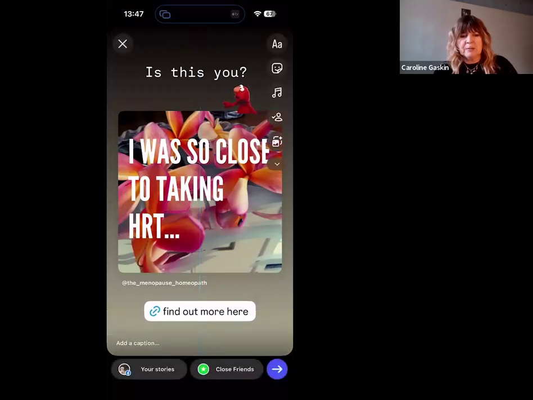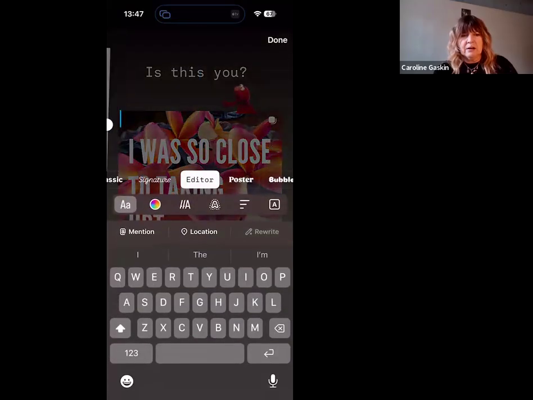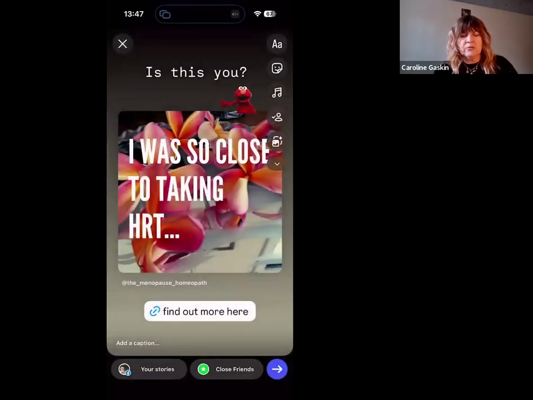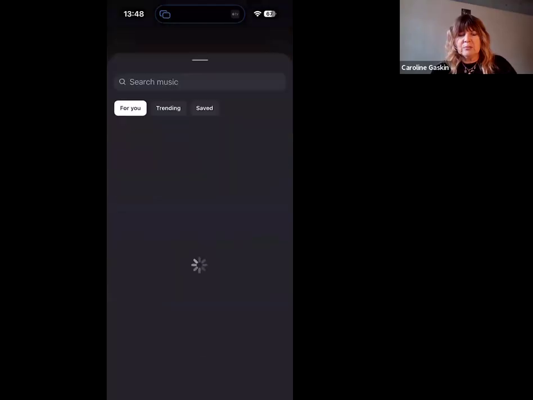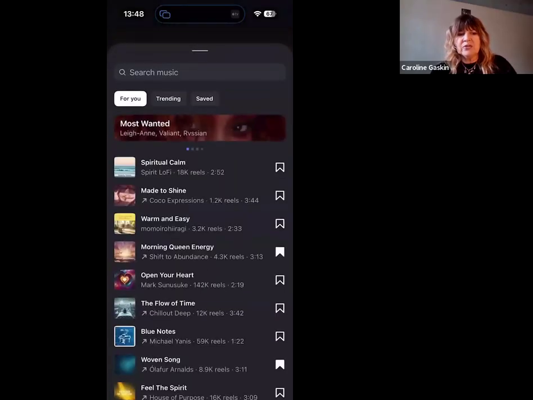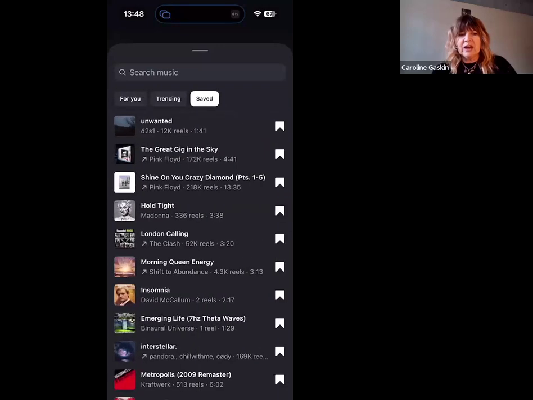The other thing that I can do, if I tap just here on the grey area, I think is take, oh no, that little bit there at the menopause homeopath shows that it links to the post that I took it from. Now this is ready to go to my stories. I could add some music. I've started to save, so we've got music that they know that I like because of the kind of things that I've been saving. We've got trending and we've got saved, and I've only recently started to do this, save music that I like. So let's just see,